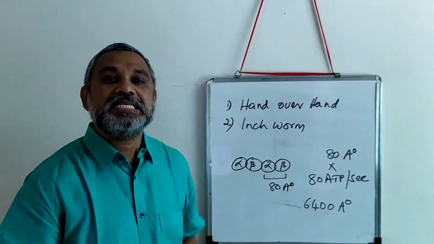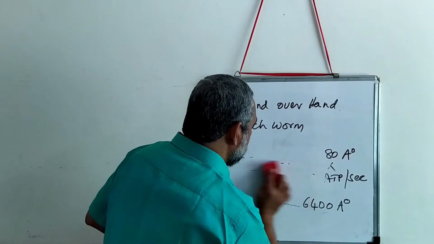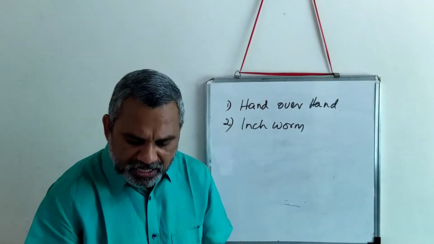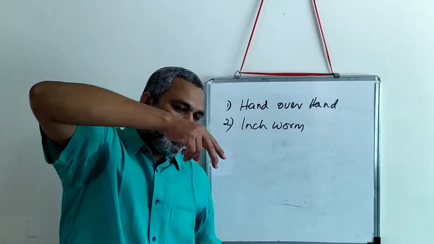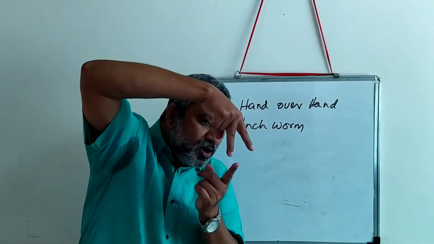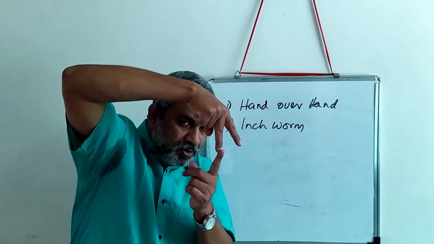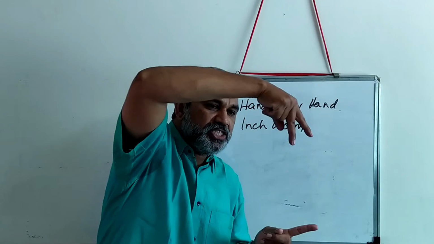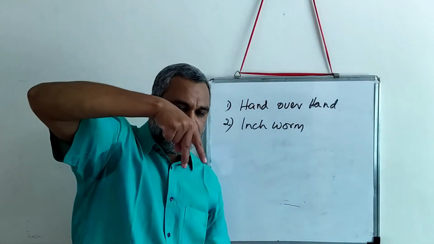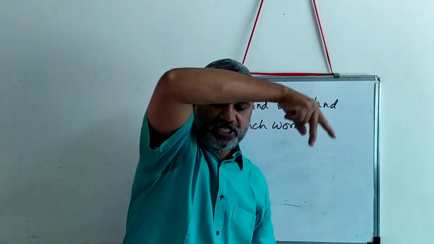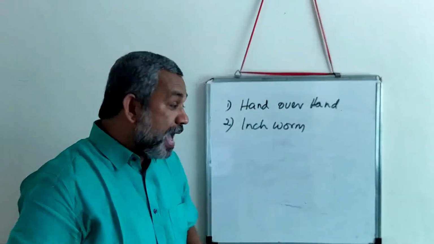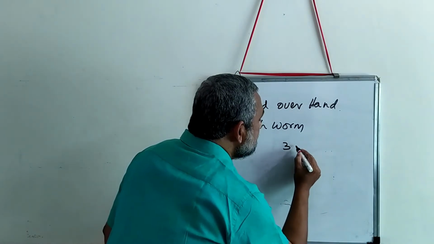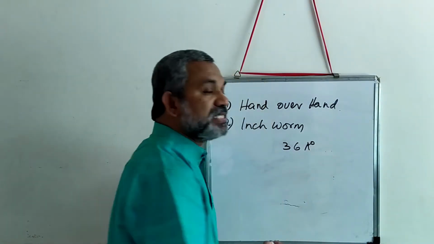Let us look at what is the meaning of inchworm walking. The inchworm walking is very simple. What it does is the whole unit, both the subunits, they will jump and walk. They will move like a jerk. And the distance in the inchworm walking that it covers is about 36 Angstrom.